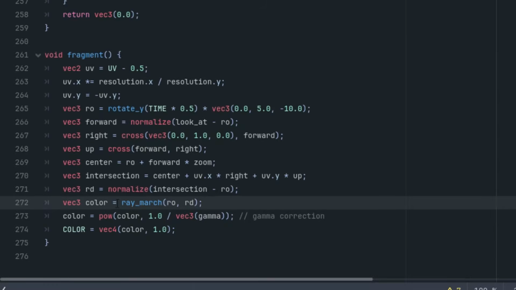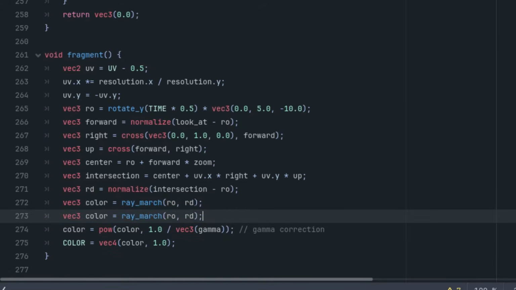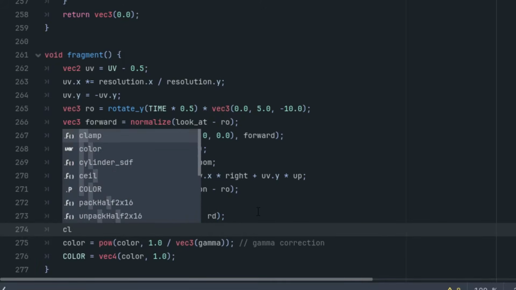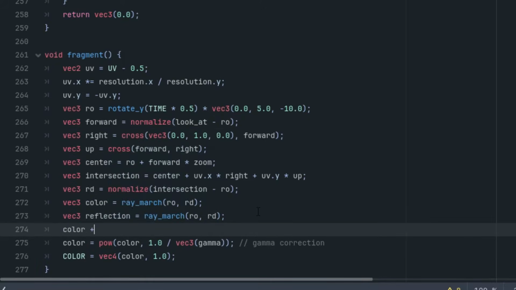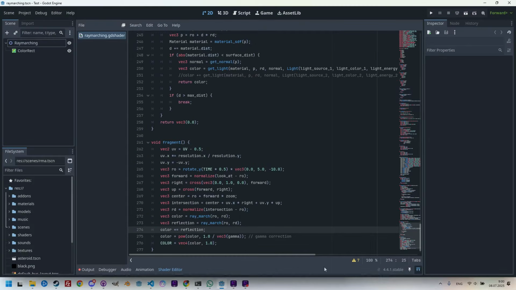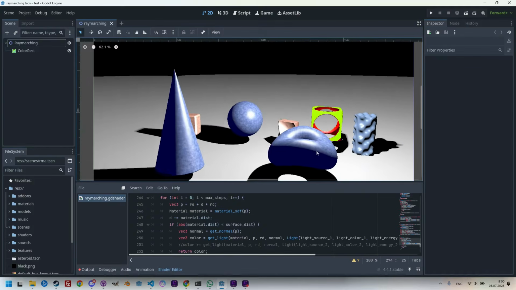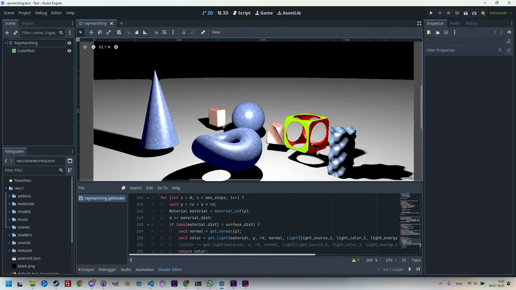It will look like this. So after vec3 color = Raymarch(RO, RD), let's do the same. Copy, paste, and call it reflection. Very well. And finally, we will add this reflection to our color. So color is increased by reflection. Okay, let's take a look at the scene. Very well. Of course, nothing has changed except